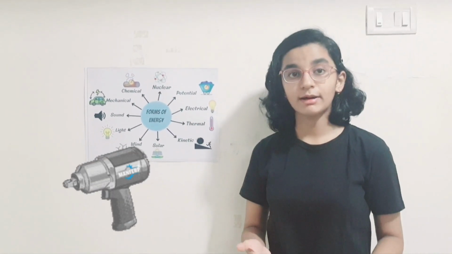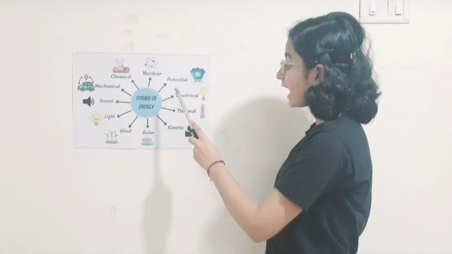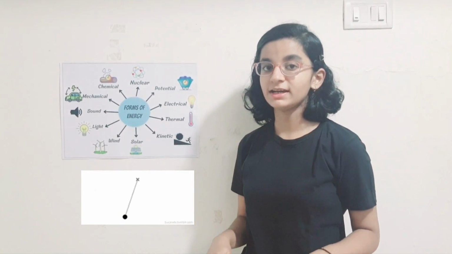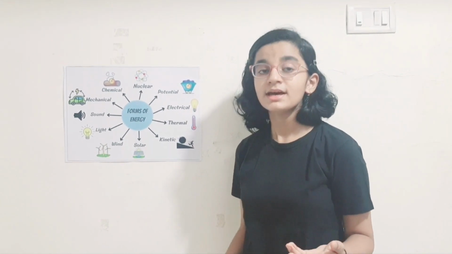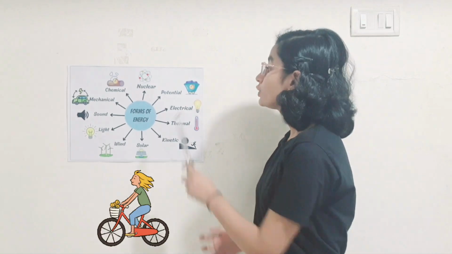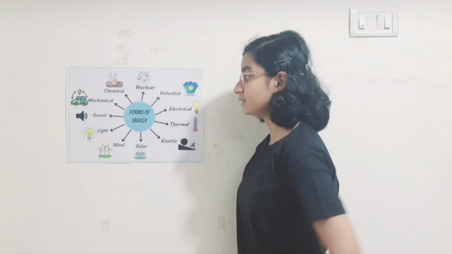Mechanical energy can be divided into two parts, potential and kinetic energy. Potential energy: the energy that an object possesses when it is in a static position is known as potential energy. It can be more or less depending on the height of the object. Kinetic energy: the energy possessed by an object while it is moving is known as kinetic energy. The word kinetic translates to motion, which means movement. Together, these two form the mechanical energy.